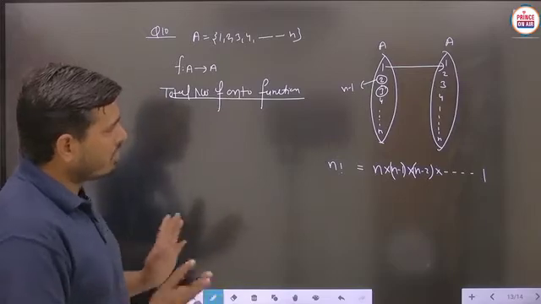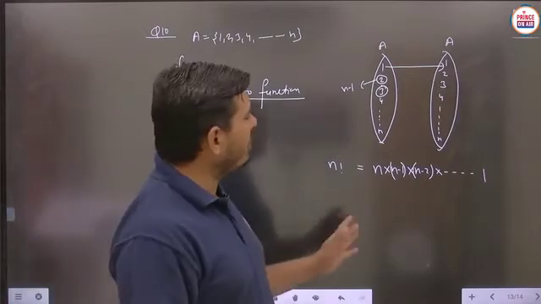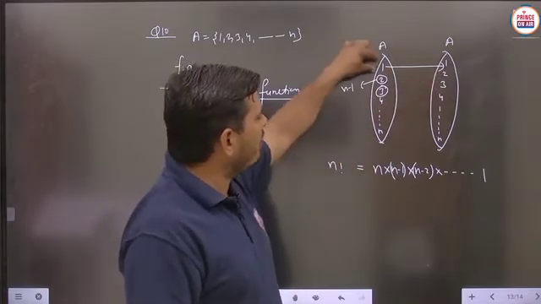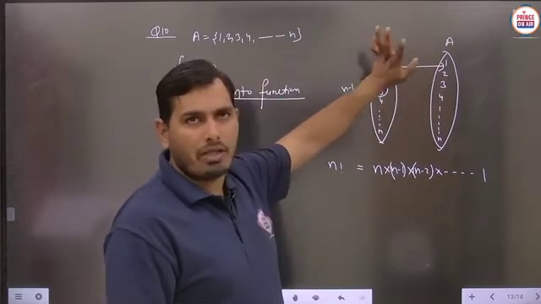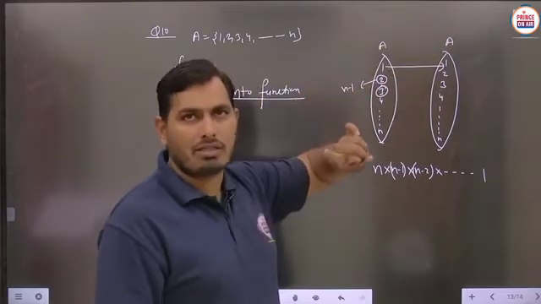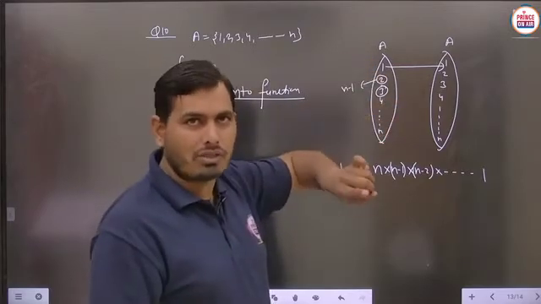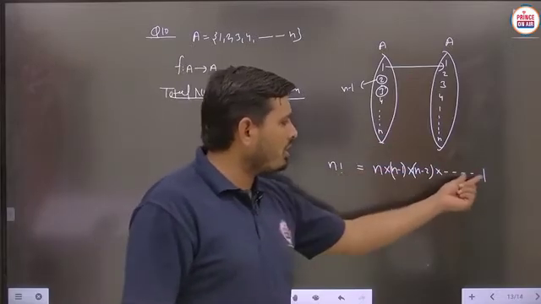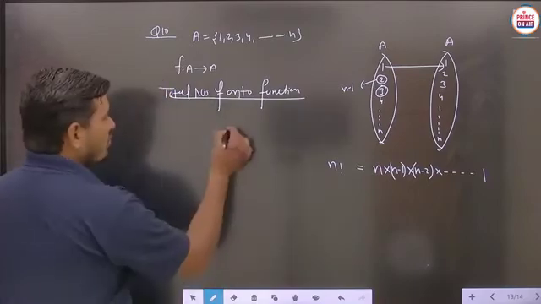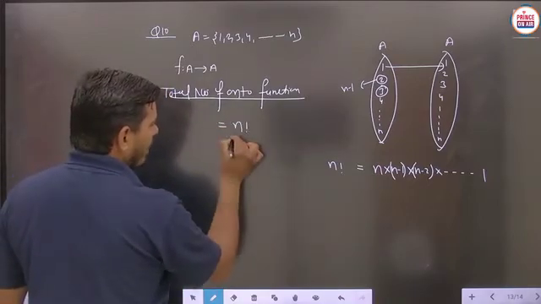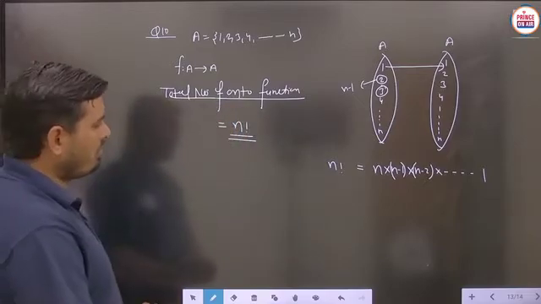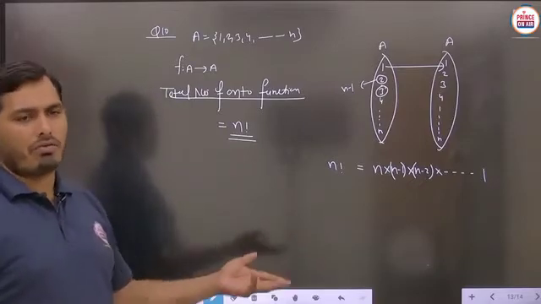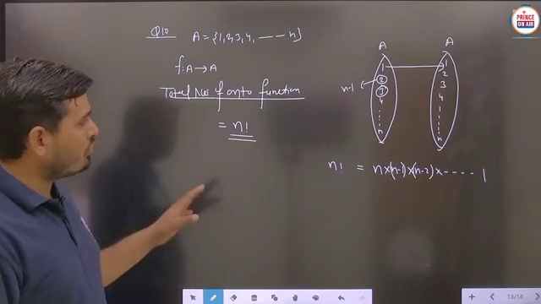So students, we have to just see the pre-image of the codomain. So we have the function as one-one and onto. Then we check the pre-image, meaning this particular element 1 has n options to occupy, but this particular element has n minus 1 choices. This particular 3 has n minus 2 choices. Similarly, the last element n has only 1 choice. And this whole thing is defined as n factorial. So here the total number of onto functions will be n factorial. Students, this is a standard formula you have to keep in mind always. And in the theory section, I will tell this particular formula also. So you can take the answer from there, or you can understand it like this. Is that clear? So pause the video to note down the answer, students.